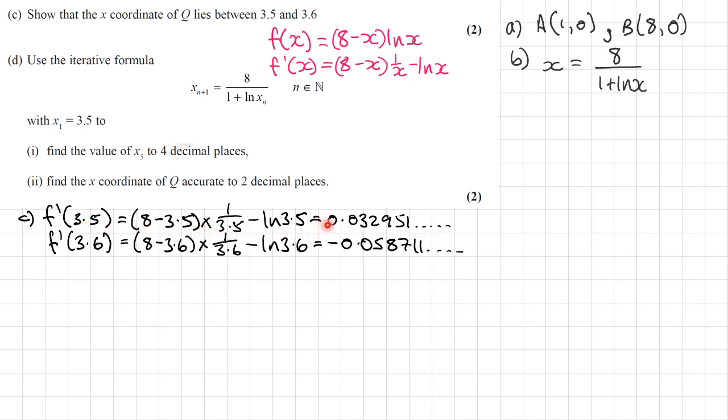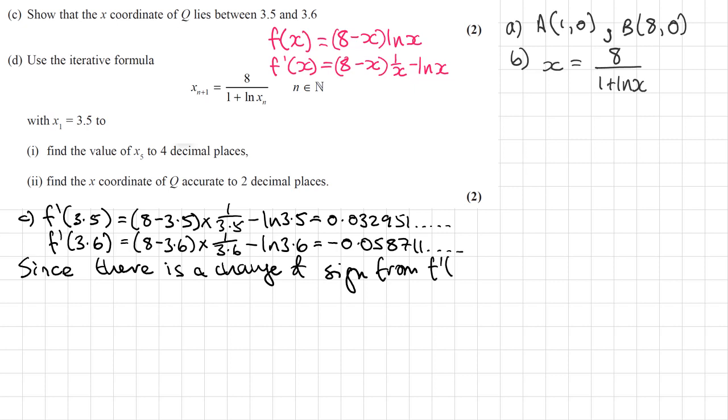So what this piece of information is telling me is that at 3.5 the gradient's positive, at 3.6 the gradient is negative. So somewhere in between the gradient is 0. So we always need to finish this off with some sort of conclusion statement, and it needs to include the phrase change of sign. So we'll write something like this: since there is a change of sign, that's important that you have that, there is a change of sign from